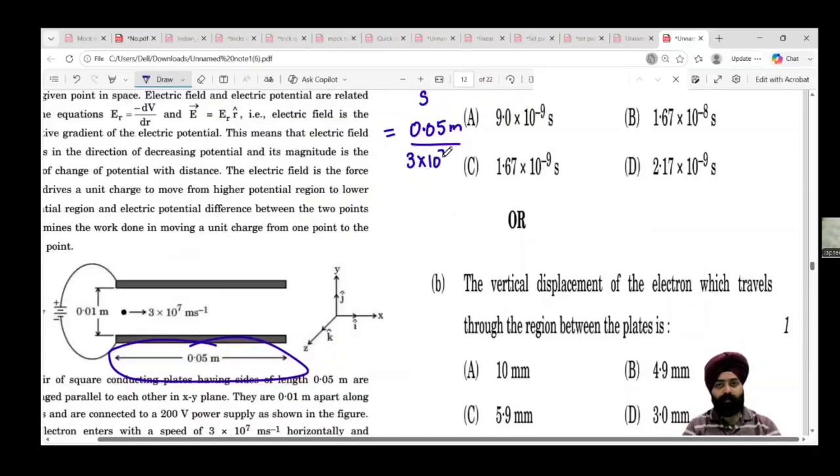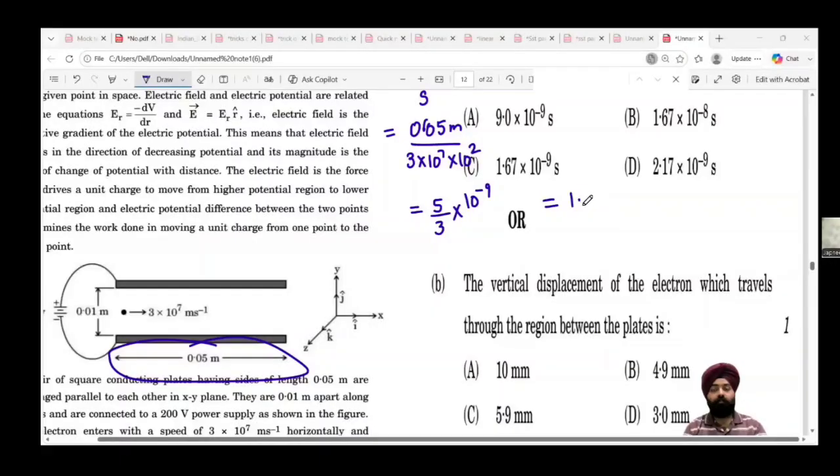3 into 10 raised to power 7, 10 की पावर 2 we get 5/3 into 10 raised to power 9 नीचे ऊपर आगे -9 हो गया है ना. 1 point, what you will be getting then? हाँ जी बेटा, what is your answer? 1.67 into 10 raised to power -9 seconds. सी ऑप्शन इज योर आंसर। ये तो बहुत इजी था। इसमें बेटा पिछले वाले जो आपने क्वेश्चन किया उसका कोई लिंक नहीं है, इंडिविजुअली हो जाएगा, बस आपको फॉर्मूला दिमाग लगाना क्या करना है। इजी।